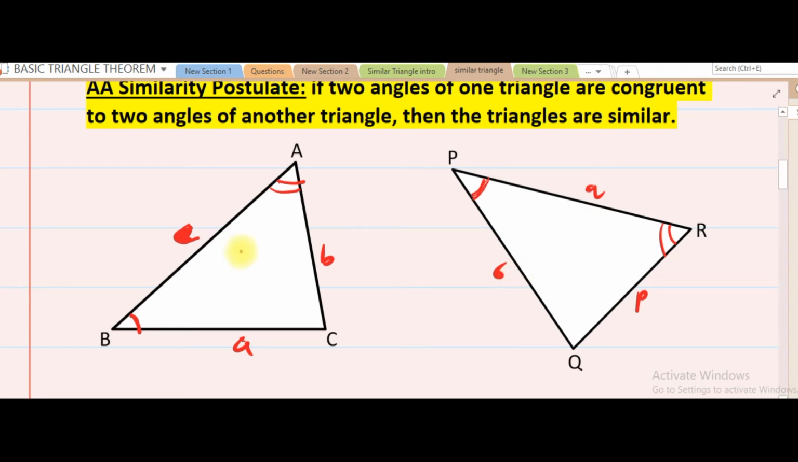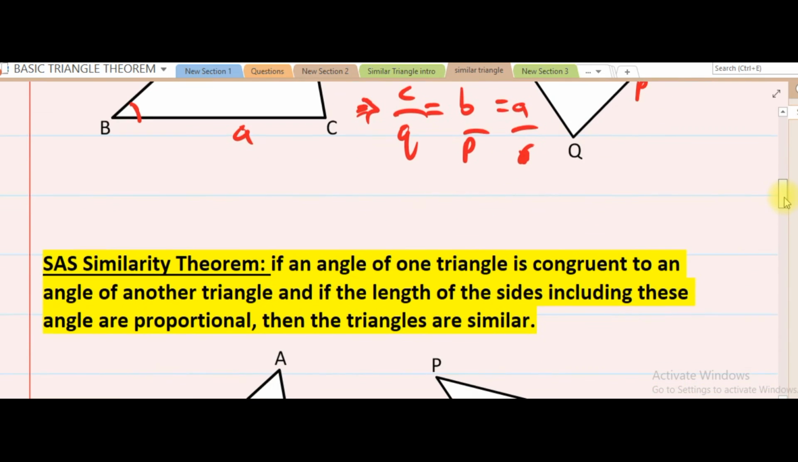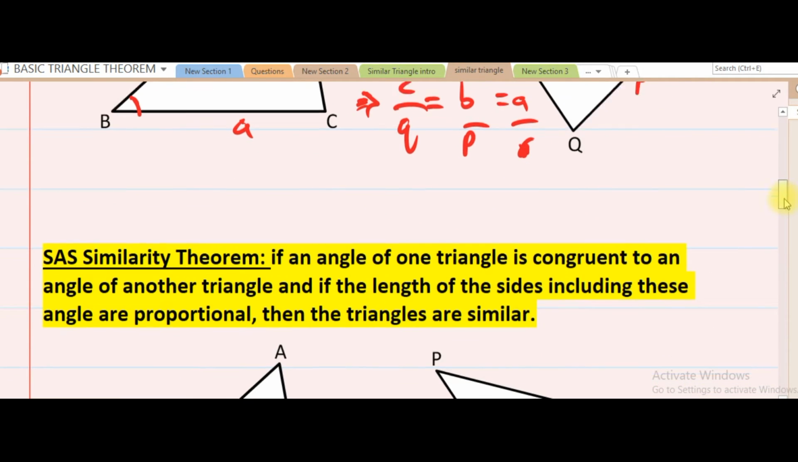Finally, we check the ratio of the corresponding sides. C corresponds to Q, B corresponds to P, and finally A corresponds to R. Once the angles are the same, then the ratio of the corresponding sides must be the same, making it a similar triangle. The next one is the SAS